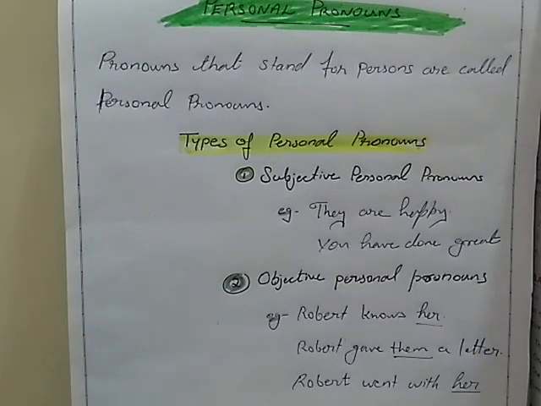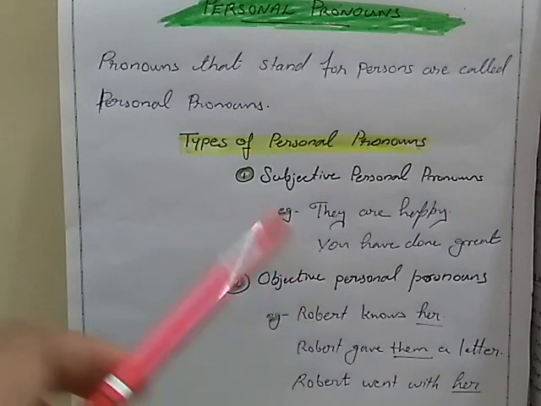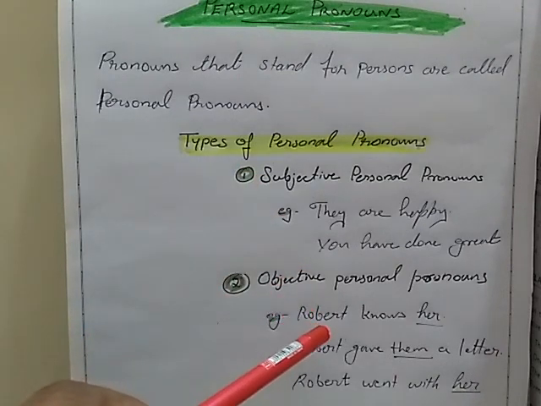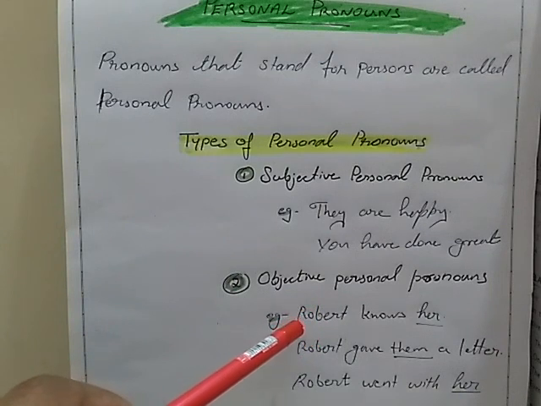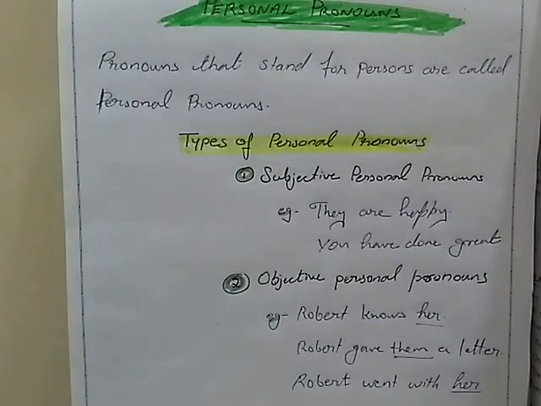This personal pronoun works as an object, either indirect or direct, or as an object of a preposition. It can appear in the form of me, you, it, her, him, them, and us. Objective pronouns. It is a pronoun in the objective place. Sometimes it will come as a direct object, or it can come as an indirect object, or it can work as an object of a preposition. All these things can happen. So I have given two or three examples also.